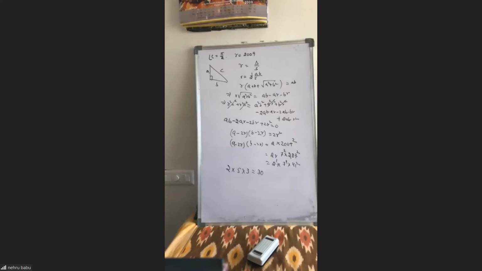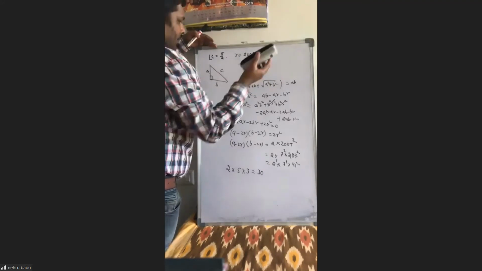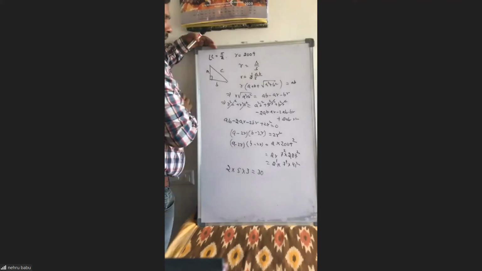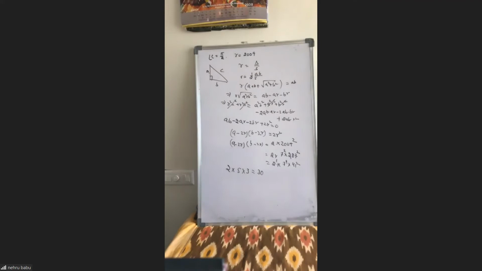Now we'll see one more method. So this is the actual method. Next thing. Can I erase this part? So total factors are 30. For example, indirectly, if a minus 2r is 2, then b minus 2r is 2009 square. So in this process, no need to take a minus 2r is 2009 square once again, because you will get the same value.